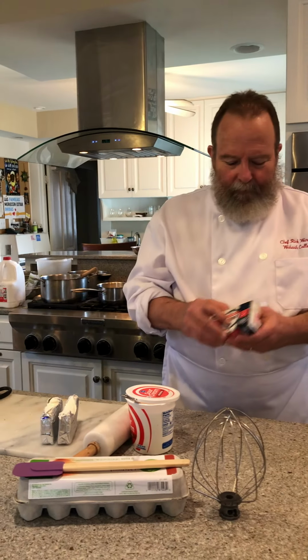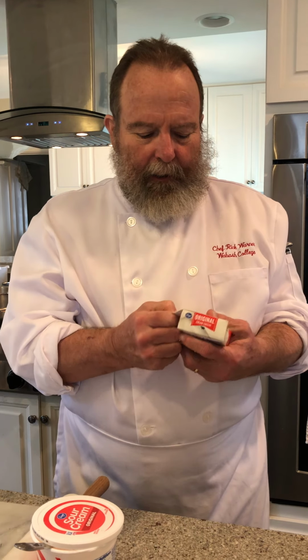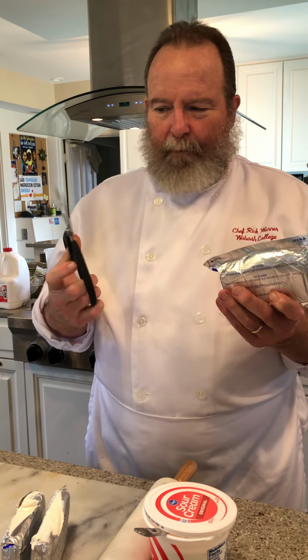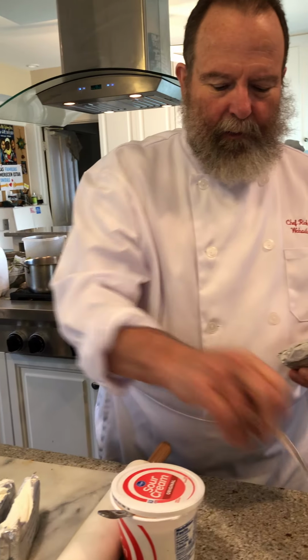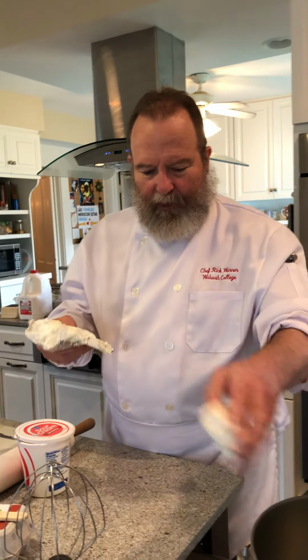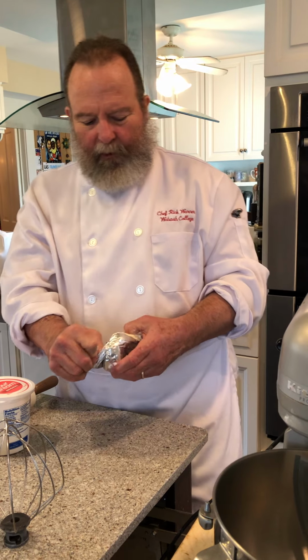So cream cheese, 3 of these, so this is 1.5 pounds of cream cheese altogether. These are 8 ounces each. I find these packages really irritating to open up, but the best thing I can use is a pair of kitchen shears. Scissors are really cool to have in the kitchen. There's lots of things you can do with them. So we'll open these up, 3 of them altogether. I got a head start before you came along because I find it irritating and it takes a while. So I've got these 2 ready to go, and also